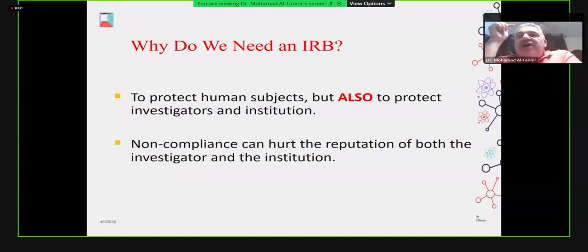If you need to do it multi-center in King Fahd Medical City in Riyadh or in another hospital in Jeddah, you also have to obtain the approval of each institution. That's why we call it Institutional Review Board. However, whenever you obtain the first approval in a multi-center study, you can submit the approval of the previous IRB with your application to the other institution's IRB, and this could give it a boost to be accepted quickly. So the first responsibility of the IRB is to protect the human subject, but also to protect investigators and